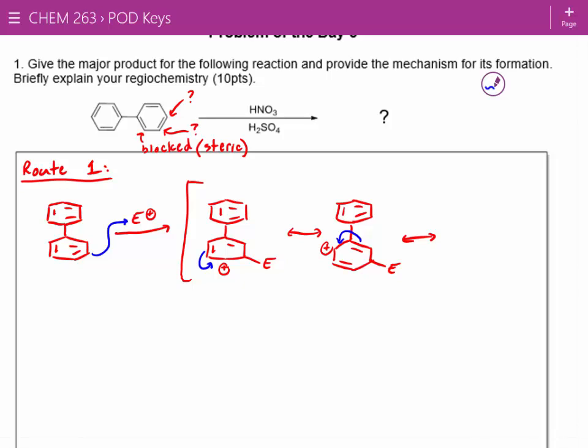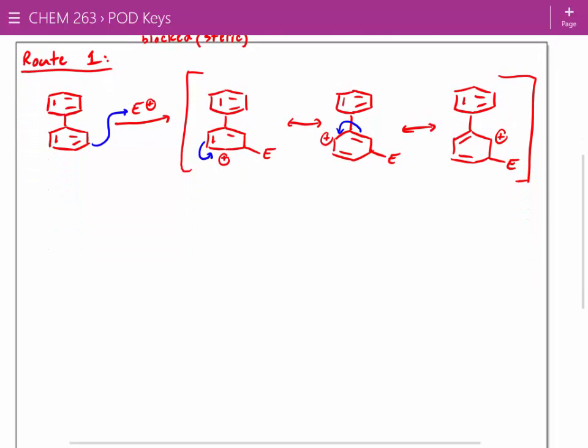Can we have electrons come from the adjacent phenyl ring? Not without violating the octet rule. So in this case, we're kind of stuck. We can delocalize it in one ring at least. And this would move the positive charge over to this position. Whoops. Let me keep track of my double bonds in the right spot. There we go, here and here. All right, so this arenium ion, we can delocalize it around that lower phenyl ring. So we can delocalize the positive charge across 3 carbons. But let's compare this to route 2,